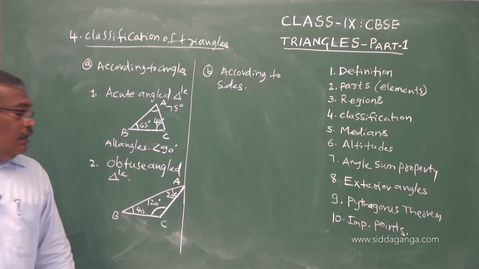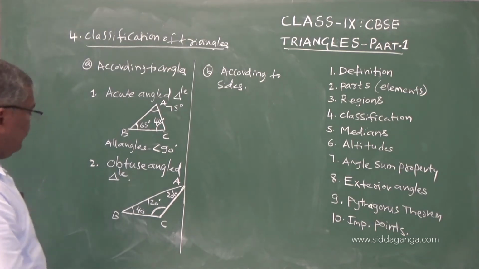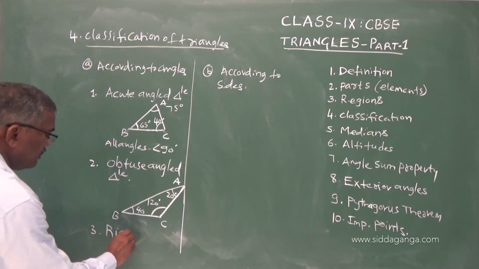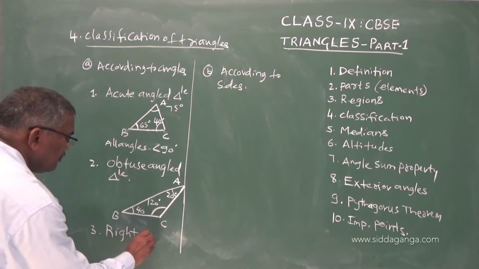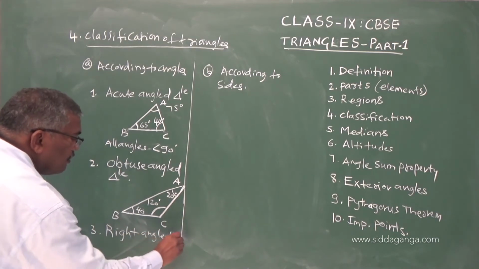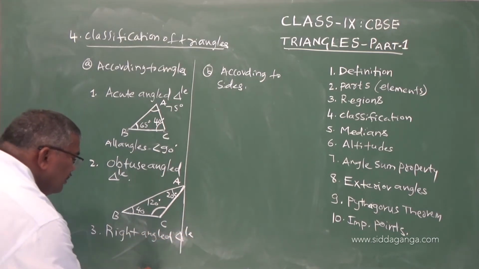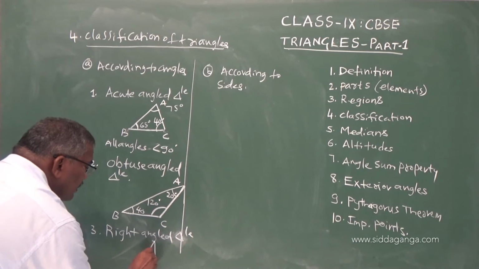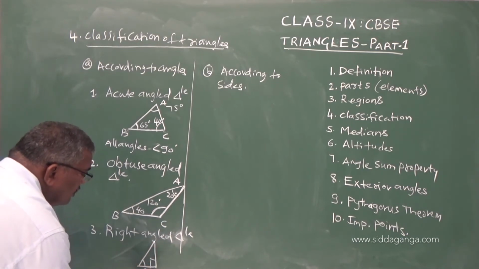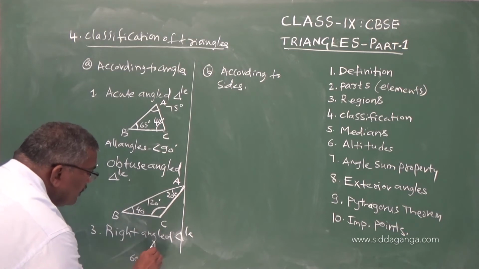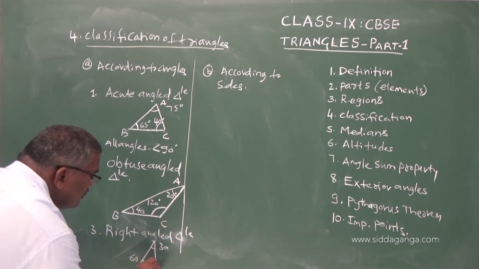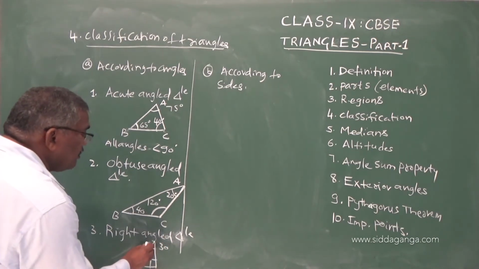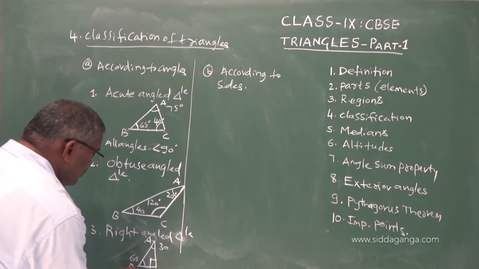So, now finally, we have third one, right angle triangle. So, you are familiar with that, right angled triangle. In this, one of the angles is 90 degree. So, this is 90 degree. So, let us say this is 60 degree, this is 30 degree and this is 90 degree. So, 30, 60, 90, I will call this as say A, B, C.